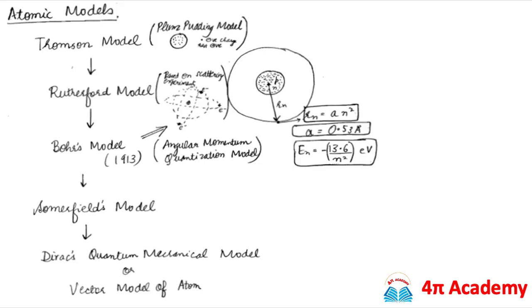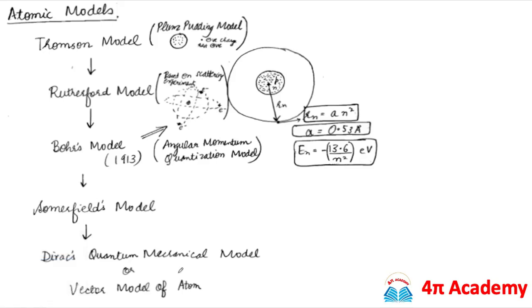This was after the discovery of the electron by J.J. Thomson, and the discovery of radioactivity, which was discovered in 1897. Thomson explained a model which is also known as the Plum pudding model. So what Thomson said is that the electrons,